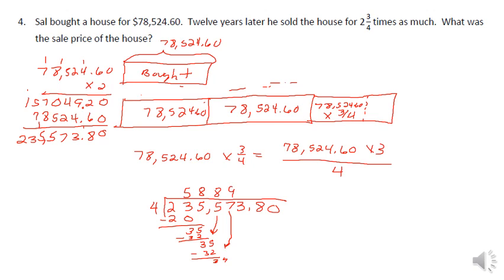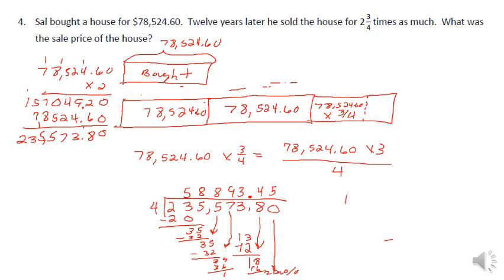We're going to bring down a 7 this time. Well, this time we know it can be a 9 because 9 times 4 is 36. And we're going to have 1 left over. Going to bring down our 3, and I'm going to come up here since I need some room. 4 goes into 13 3 times, which is going to be 12. And we have 1. We have to put our decimal place in our answer, and we're going to bring down the 8. 4 goes into 18 4 times, because 4 times 4 is 16, leaving us 2. And we're going to bring down our last 0. 4 goes into 20 5 times. 5 times 4 is 20, with a remainder of 0. So this is 3/4 of